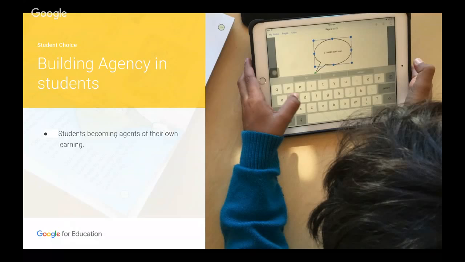So I want students to become agents of their own learning. But when it comes to choice, the misconception is that choice is free for all. Off you go, get started, and there's 30 kids running wild in the classroom going absolutely crazy. Well, I can confidently say that you can walk into my classroom and there'll be students working independently on tasks. They're engaging. It may not be the most quiet classroom, I must admit, but they're engaging in talk, which is